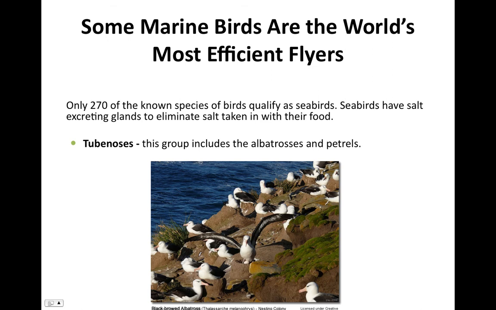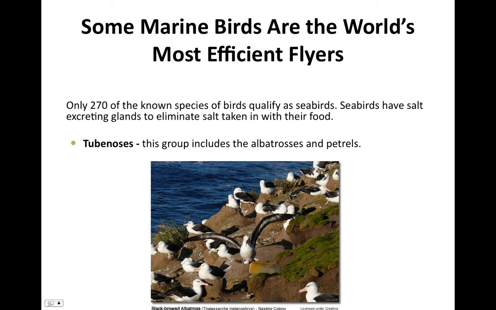Then we have marine birds. So they are some of the world's most efficient flyers, having to fly sometimes many, many miles between land outposts. There's only about 270 known species of birds that qualify as seabirds, and in order to be a seabird, the bird has to have salt-excreting glands that eliminate excess salt taken in through their food. So there are four main groups of